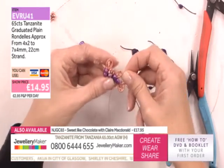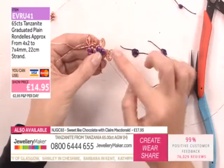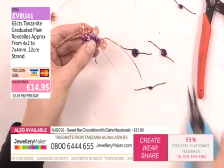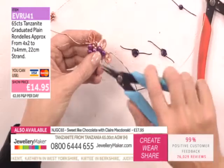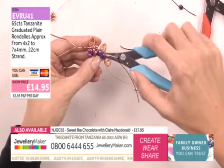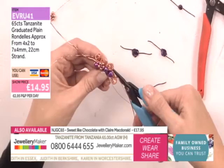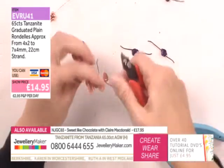So what I can do is wrap this 0.8 and go around the structure of the 1 mil. So you haven't got that much of a difference between your gauges of wire, but you have got the strength because you built it up and it's got the design on it. So if we just bring this round, and I'm going to just bring it across, and obviously you would spend much longer and be much neater, but